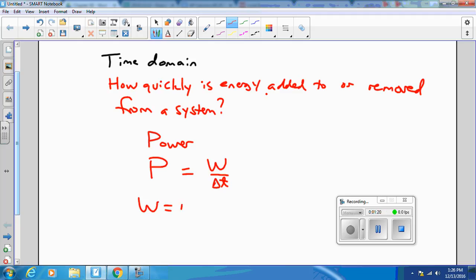Now, of course, our work energy theorem tells us that work is equal to the change in kinetic energy. So one way that we could compute that power also is to look at the rate at which the kinetic energy of the system is changing. These two equations mean exactly the same thing, but one of them is measured from the perspective of the object supplying the power. So for example, if I have an engine or a motor,